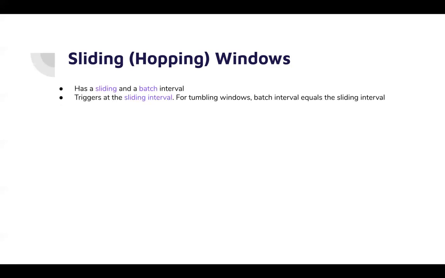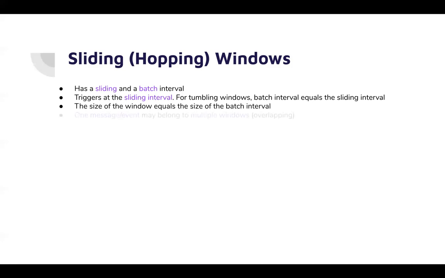The other one is a sliding window. But say you have a moving average kind of requirement, or let's say you want to keep track of the top 10 orders or top 10 songs in the last 6 hours, and you want to repeat this processing every 15 minutes. So here we have got two notions. One is you want to operate on the last 6 hours of data, and you want to repeat this processing every 15 minutes. So that is where a sliding window comes into place. It has a sliding interval and a batch interval. The sliding interval is used to trigger it, and the batch interval contains what amount of events you are going to process in each trigger.